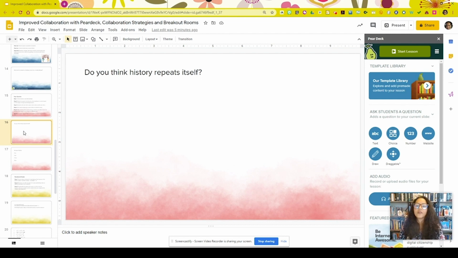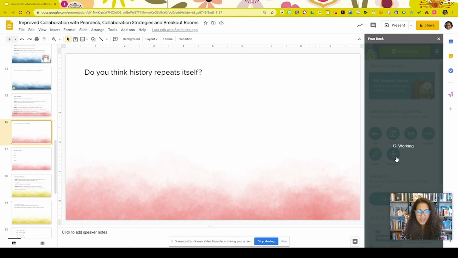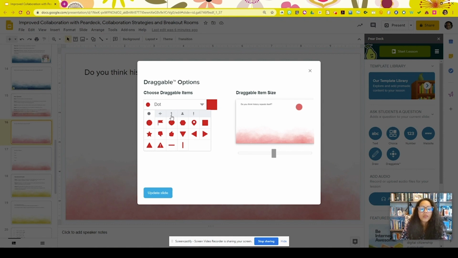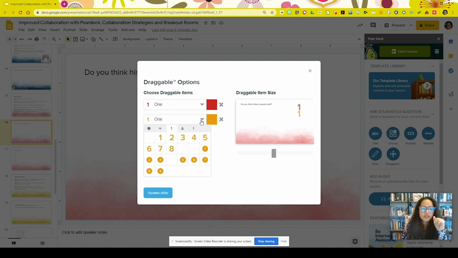Well, how do we make this an interactive slide? So we're going to go to our template library, and this time we're just going to do a Draggable. I'm not sure how in depth the initial Pear Deck training is, but with Draggables, you have the ability to do numbers. Oops. There we go. So I'm thinking I need four corners. So if I have four corners, I need four, right? So I need them to go to four things or have an option to choose between four choices. So I'm going to add a number, change this to 2, add another, change this to 3, add another,